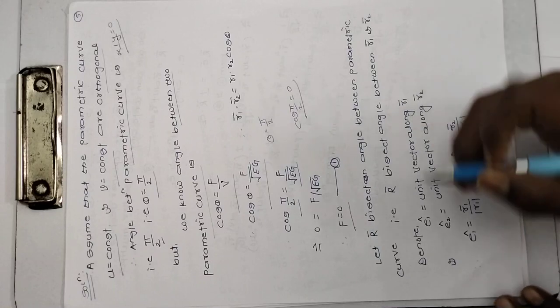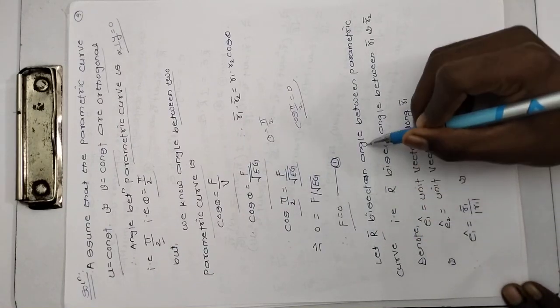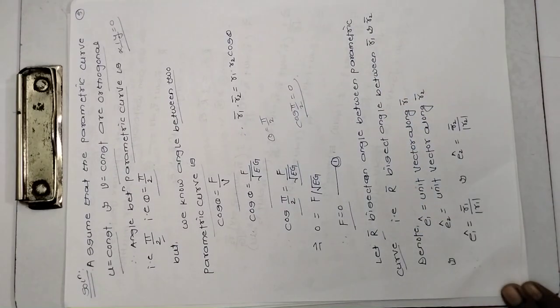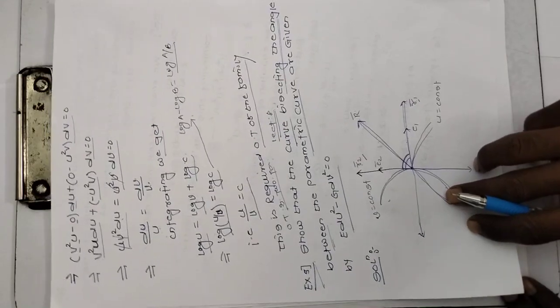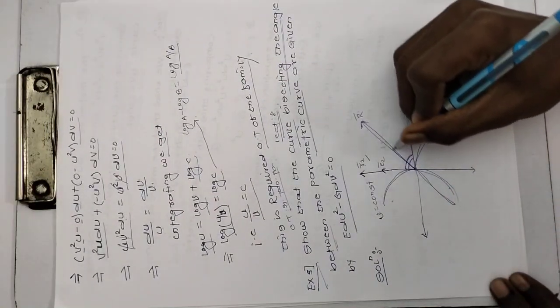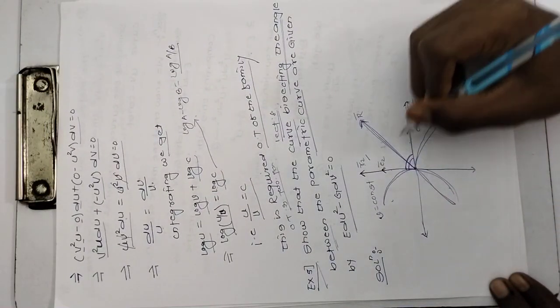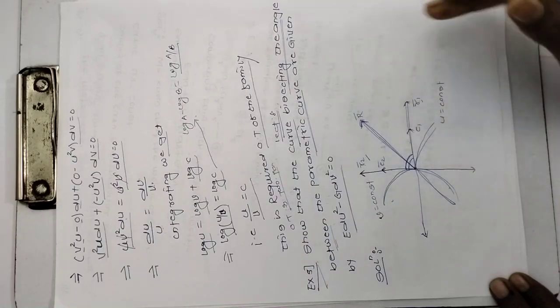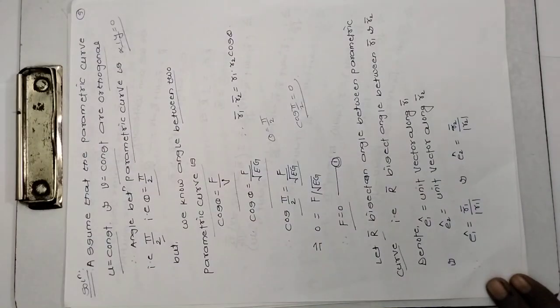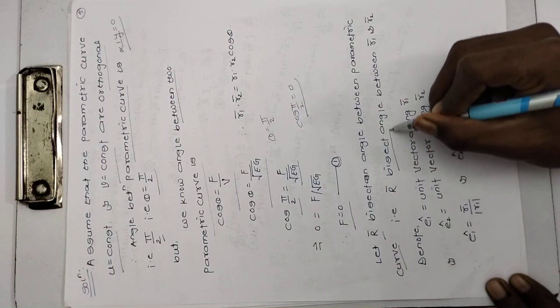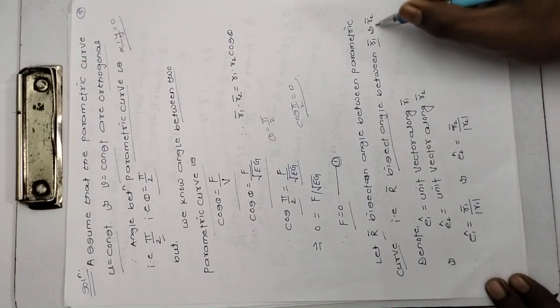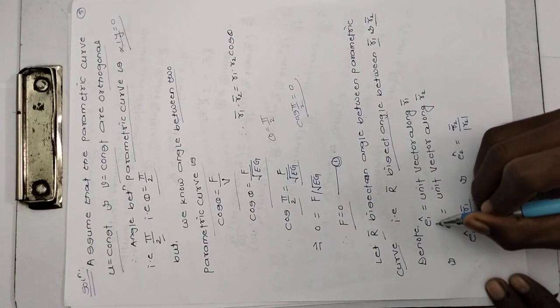Let R bar bisect the angle between the parametric curves. So this R bar bisects the two parametric curves, or the angle between the parametric curves. That is, R bar bisects the angle between R1 and R2. So let us denote